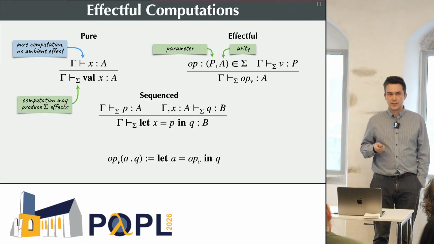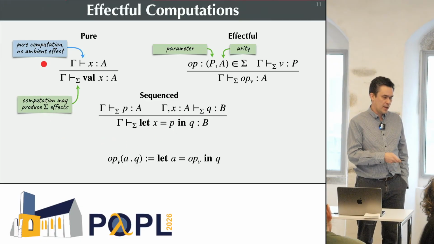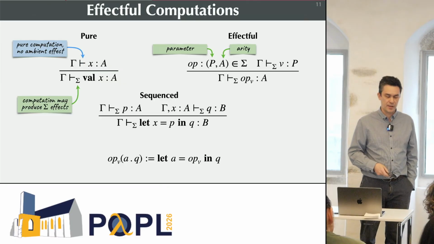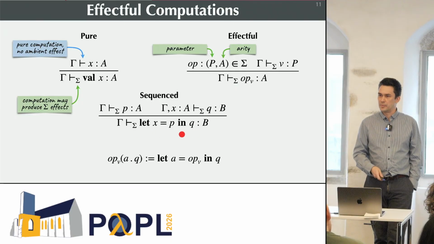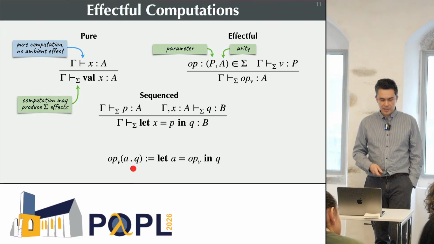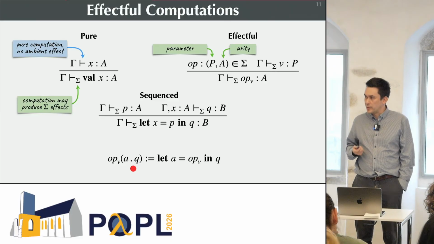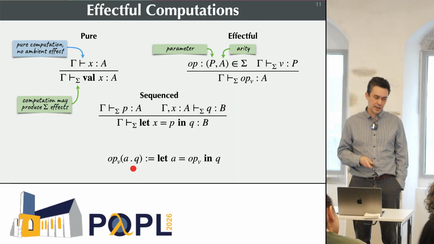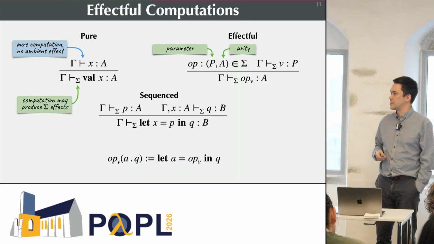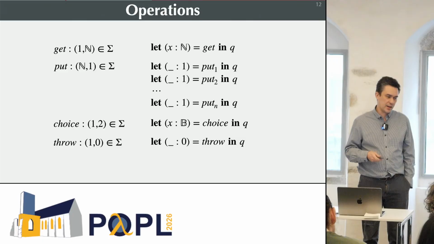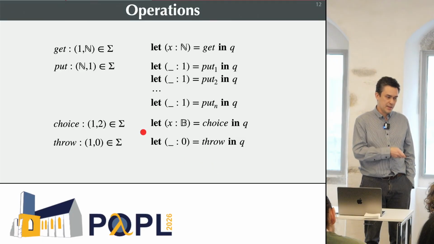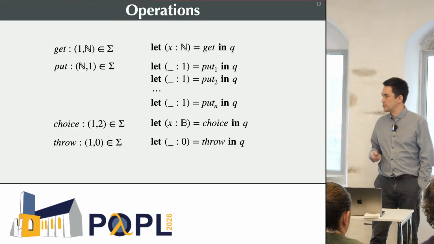So we're using a kind of CBPV type semantics where we've got pure values. Here the turnstile has no sigma annotation, which means it's a pure value. We can construct things like values, we can construct things like operations, and we can sequence things using let bindings in this way. Typically in this domain we talk about algebraic operations, which are just a shorthand for a let binding followed by some kind of computation. There are lots of operations that we can handle in this way. Again, I won't go through those in too much detail, but the point is that you have some kind of fixed parameter and some kind of arity, and you can pass all these through, and it all just works as you'd expect.